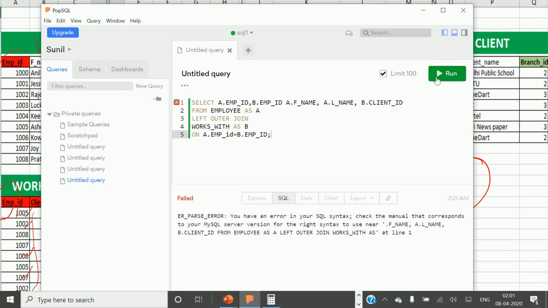Let us see what is the error it is showing. Select emp id, here one comma is missing. That's what it is saying. Okay,